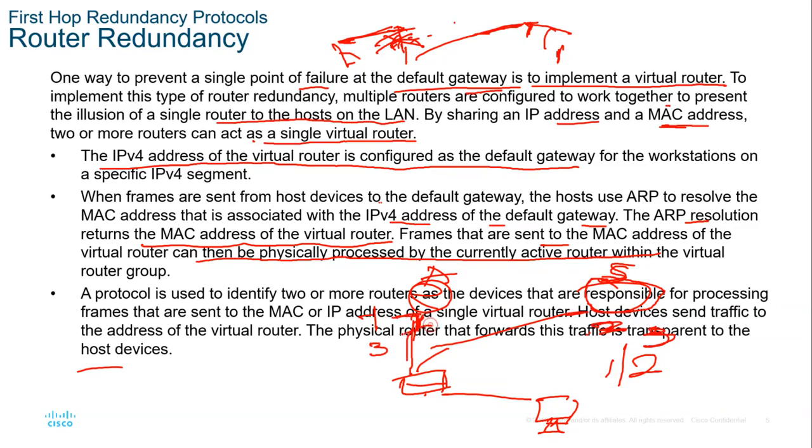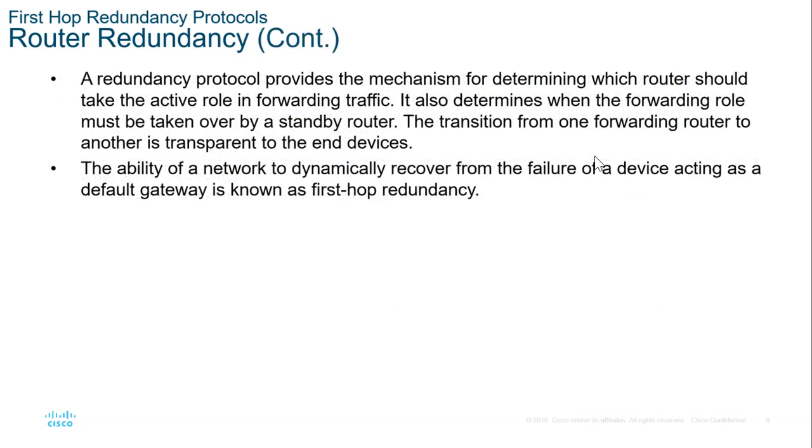But in case, let's say, this one here is down, and yet our .3 still exists on this side, then the standby is going to come into play and act as the redundant router to forward the traffic. So a redundancy protocol provides the mechanism for determining which router should take the active role in forwarding traffic. It also determines when the forwarding role